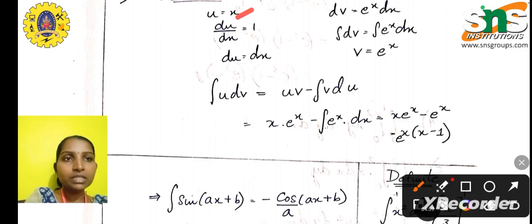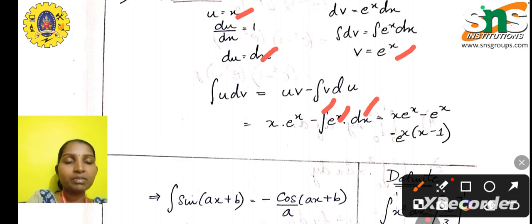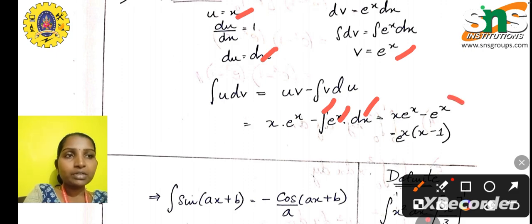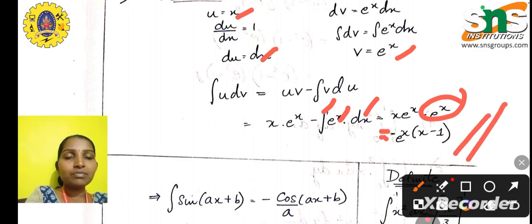U is x, V is e power x, minus integral of v, which is e power x, and du is dx. We have just replaced according to the formula, which is equal to x into e power x minus e power x. On integrating e power x, you get e power x alone, which is equal to e power x into (x minus 1). So this will be the final answer for this